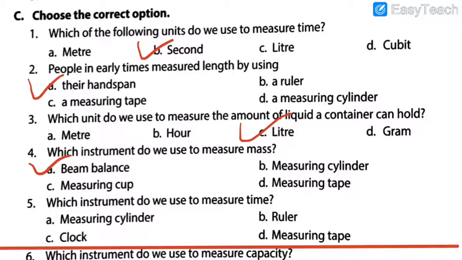The last question, which instrument do we use to measure time? Measuring cylinder, ruler, clock or measuring tape. For the time, remember, your time starts now. 5, 4, 3, 2, 1